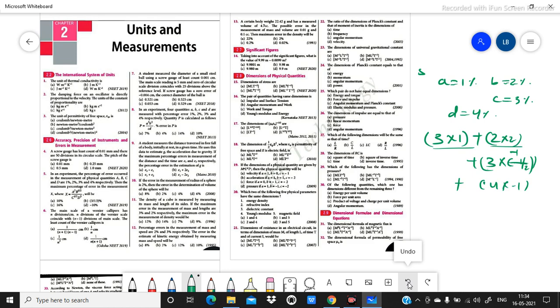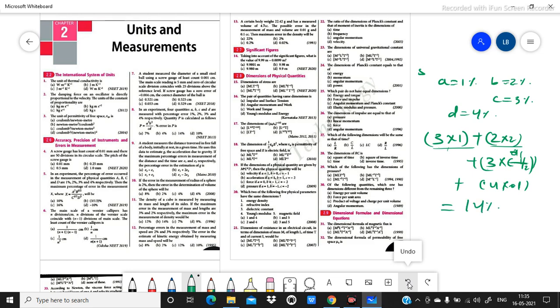So here I said the powers are 1, minus 2. So you have to do it like this: 3 into 1, 2 into 2, and 3%, 4%, 3%, 4%. So here it is 1, it is 1. So 3, 4%. Powers are always 1, because whether it is given in the numerator or denominator, you have to mention the power. So here 3, so 4, this answer is coming as 14%.